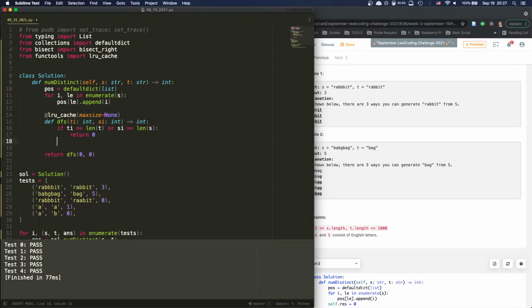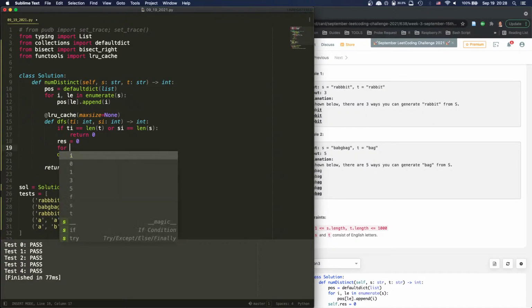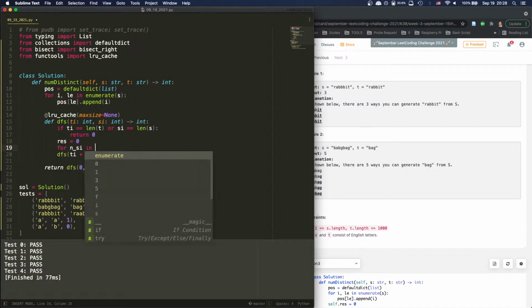what's going to happen is going to be the total number from here, right? From here, moving on to the next one, so just ti plus 1. So it's going to be ti plus 1. That's going to be dfs ti plus 1. And then every single one, right? Every single one. So the rest is going to equal 0. And for nsi, the next si in